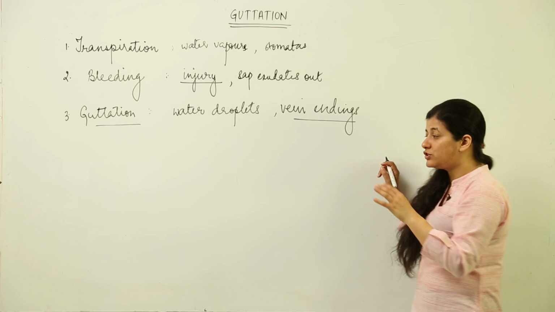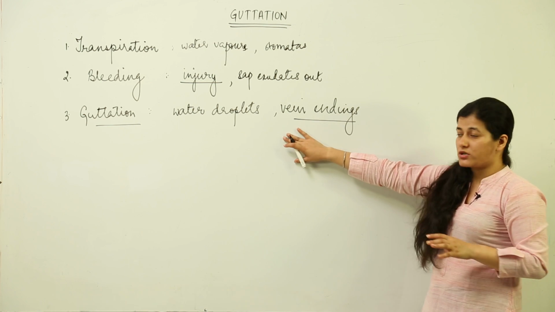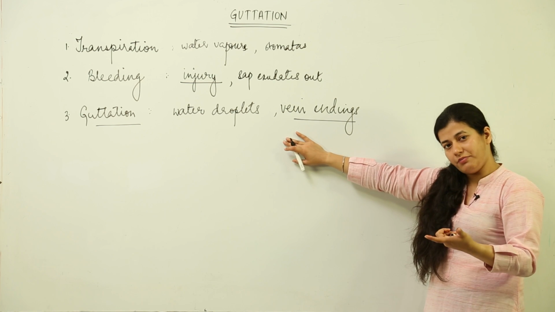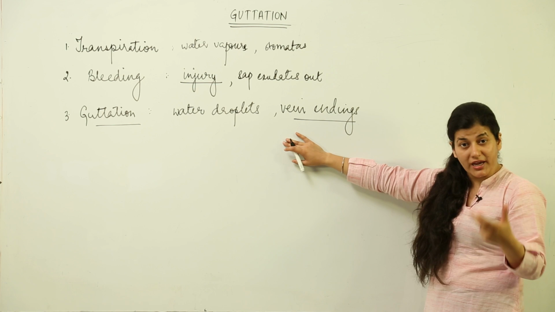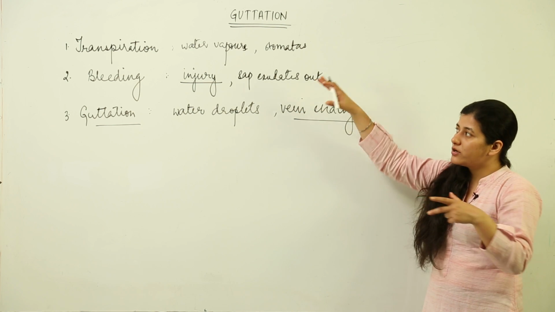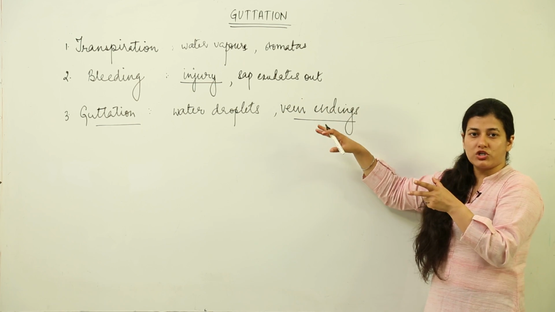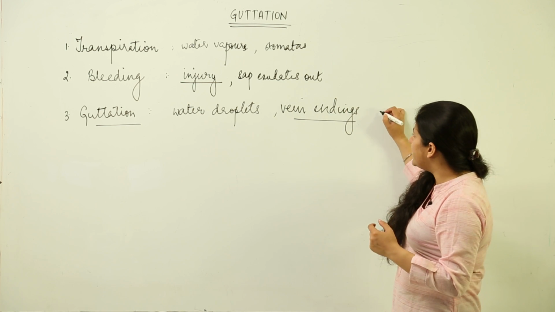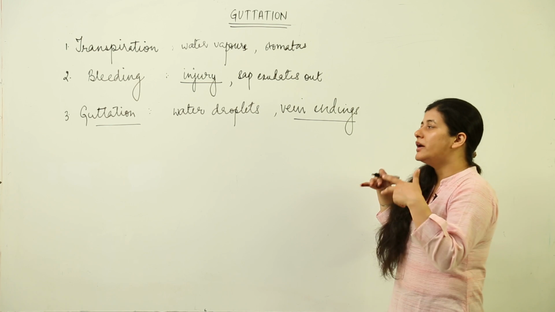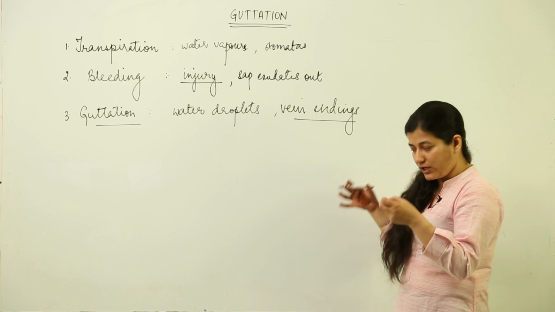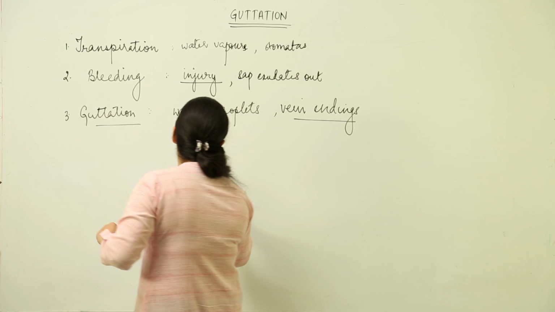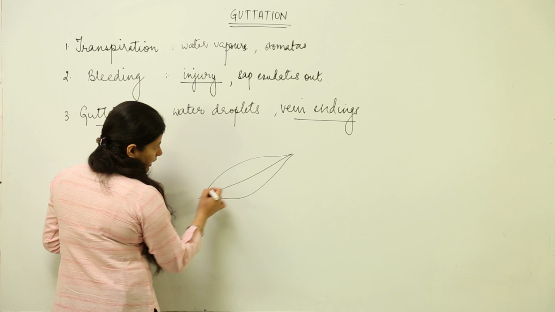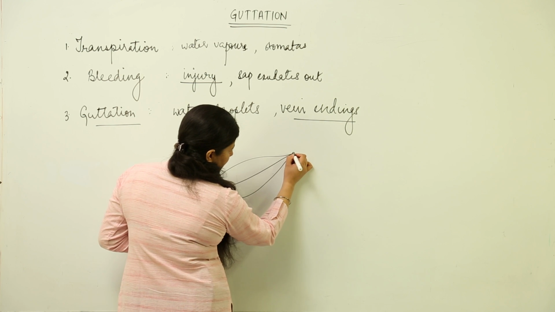But in the case of guttation, you would find this particular process, like transpiration goes on the entire day, and because water vapors are involved which are gaseous and we cannot see, we cannot differentiate whether transpiration is going on, but this guttation process is quite visible to our eyes. And early in the morning on a humid day, supposedly this is a leaf, there is a humid morning, over here you're going to find tiny droplets